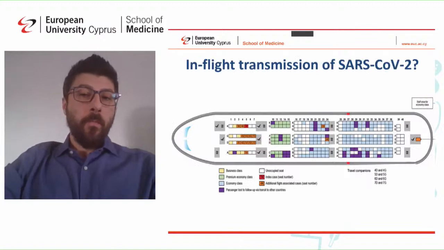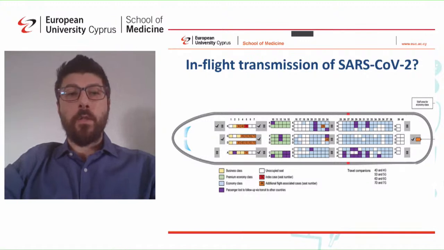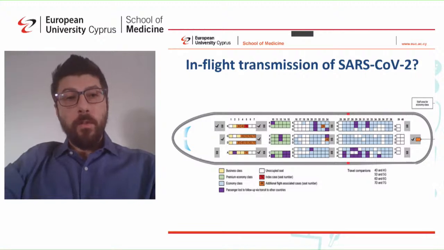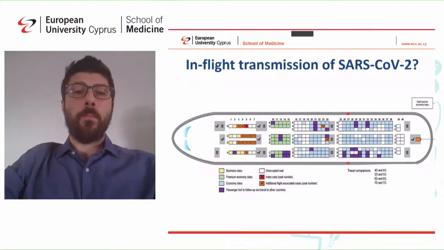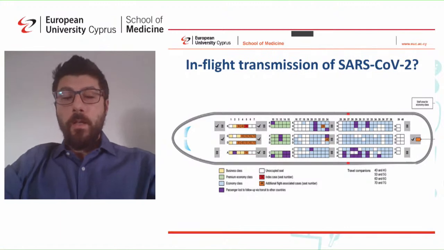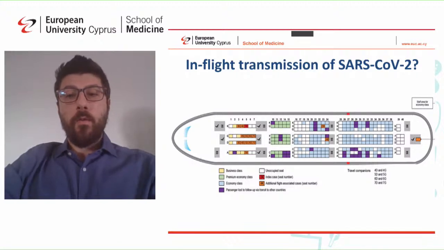Now, I told you that we go into high-risk places, to crowded places, including an airplane. Now, has there been confirmed in-flight transmission of the virus? And if yes, to what degree? This is, for example, a blueprint of an airplane. It's from a recent study that was published in the Emerging Infectious Diseases Journal of the United States CDC. Only few reports have actually confirmed in-flight transmission of the virus from a positive case to others.